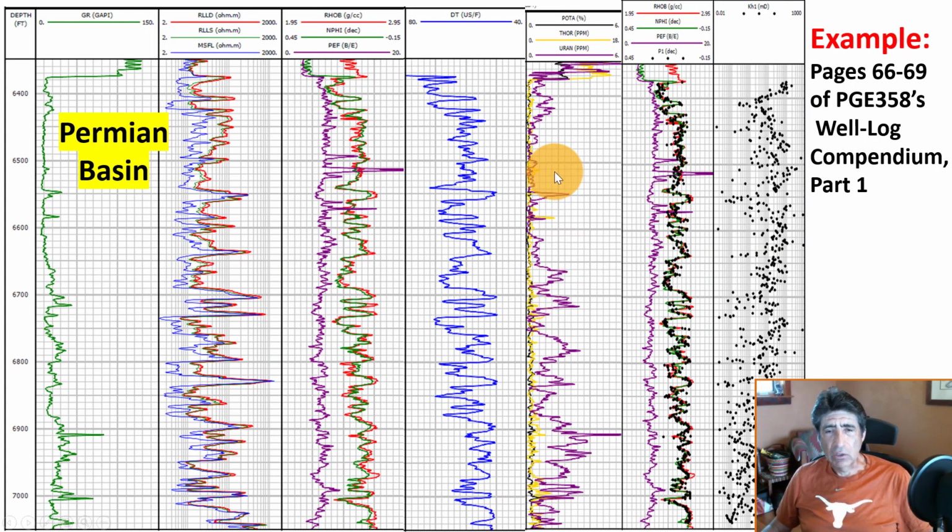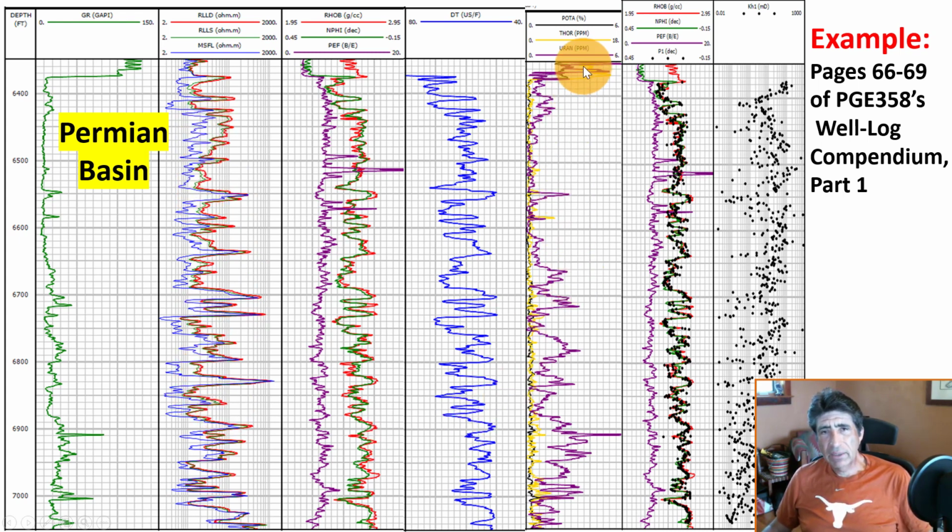Here is a plot of the well logs that we're going to see in the Permian Basin. This is the gamma ray log. These are the various resistivity logs, shallow, medium, and deep. Then we have the photoelectric factor, neutron and density logs, sonic logs, very important to sonic log here. This is the P wave, compressional wave sonic slowness. Very important to understand where the rock is very rigid, very low porosity, and when it's not. And this, in the context of the presence of invasion or differences between deep and medium and shallow, allows us to separate the segments, the cycles of this rock that exhibit good permeability.